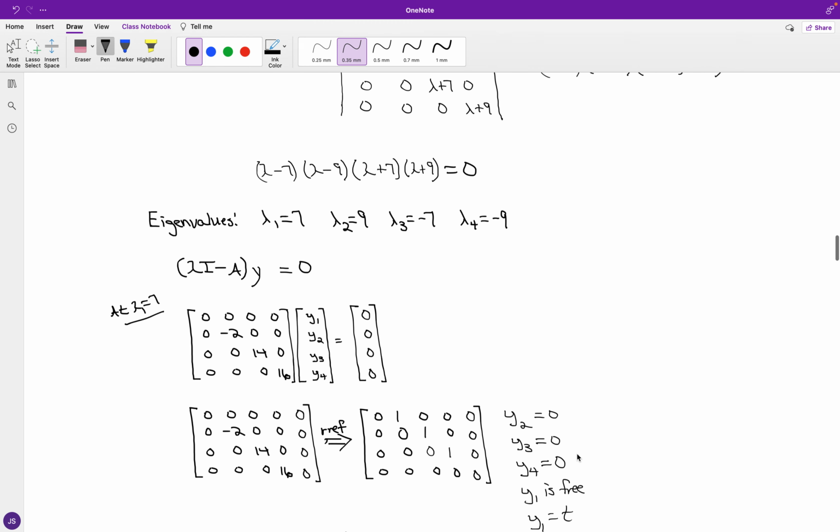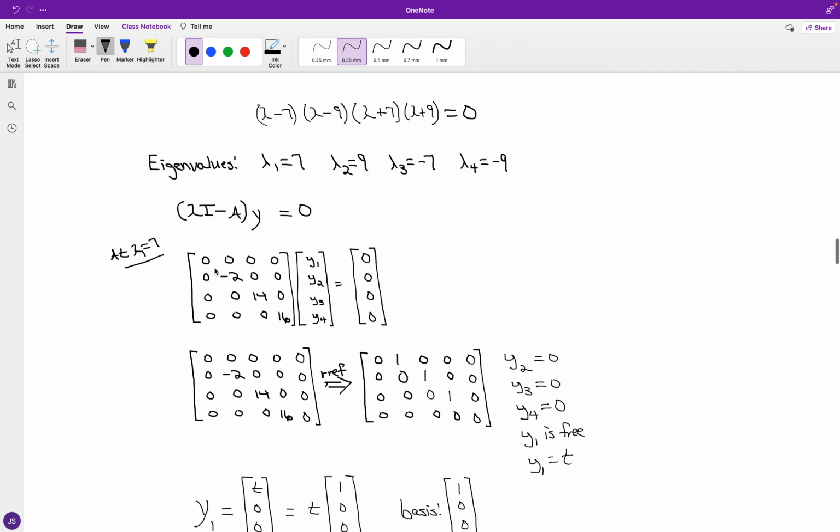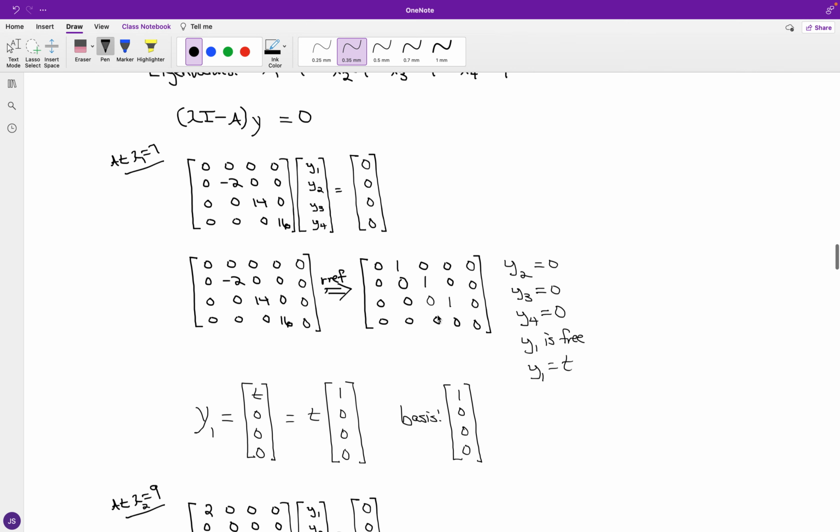And just going through the process of the determination of the eigenvectors. If we let the first eigenvalue be 7 and run it through the process, for lambda I minus A, running diagonally from the upper left-hand corner, we have 0, negative 2, 14, and 16, times our first corresponding eigenvector equal to 0, which will be symbolized in this 4x1 array. Putting this in terms of an augmented matrix and applying the reduced row echelon form,